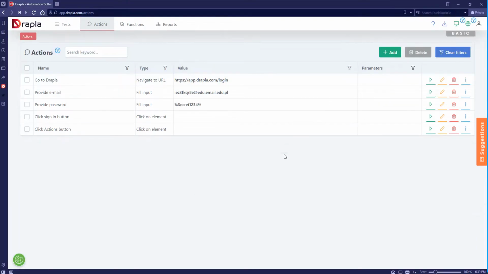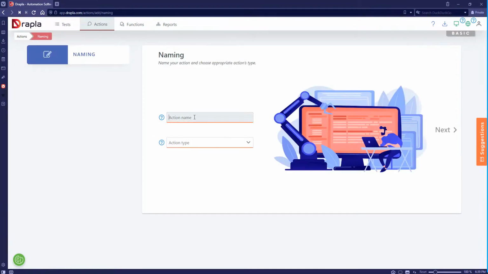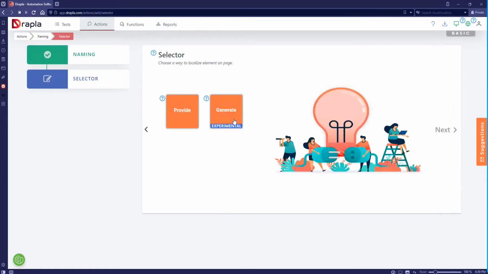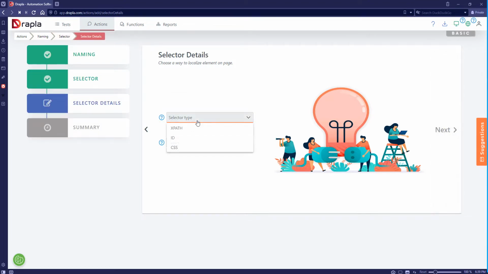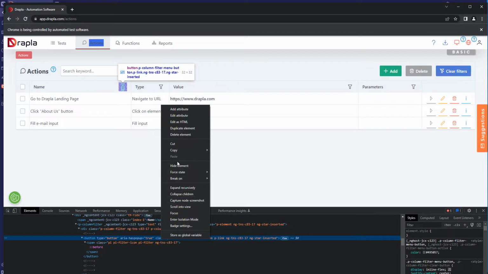And right now we have to create another action name. Let's assume that the name will be click names filter, and the action type will be click on element as usual, then press next. And in that case, we'll use provide, not generate. That was in the previous one. The selector type will be XPath because we copied the full XPath of that element right here.